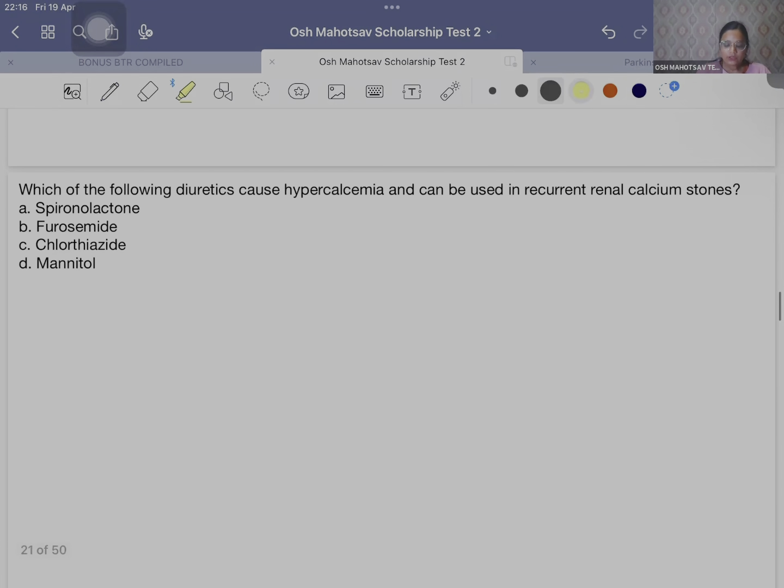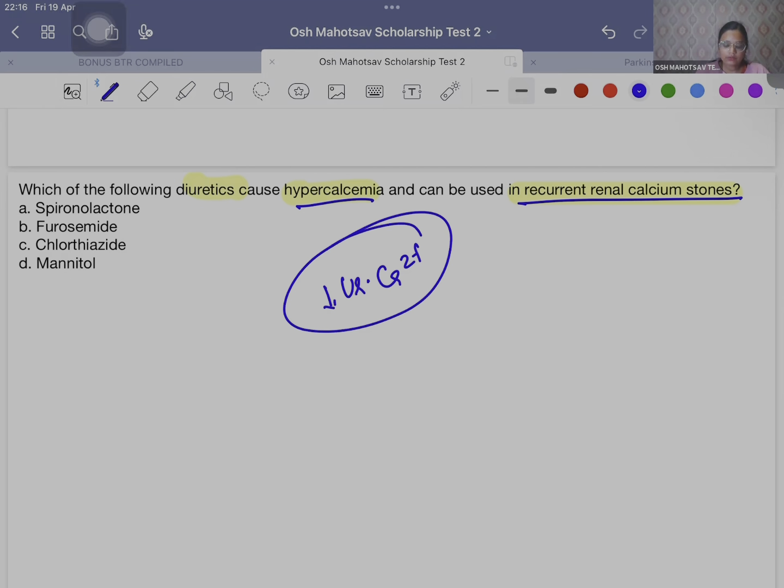Next is: which of the following diuretics causes hypercalcemia and can be used in recurrent renal calculi? So we have to choose that diuretic which will not lead to hypercalciuria. Okay, so it means this is excreting less calcium into the urine. So that drug is chlorothiazide, which we are using in recurrent calcium stones, and which also will lead to hypercalcemia. Okay, furosemide causes more urinary calcium, so we are avoiding this